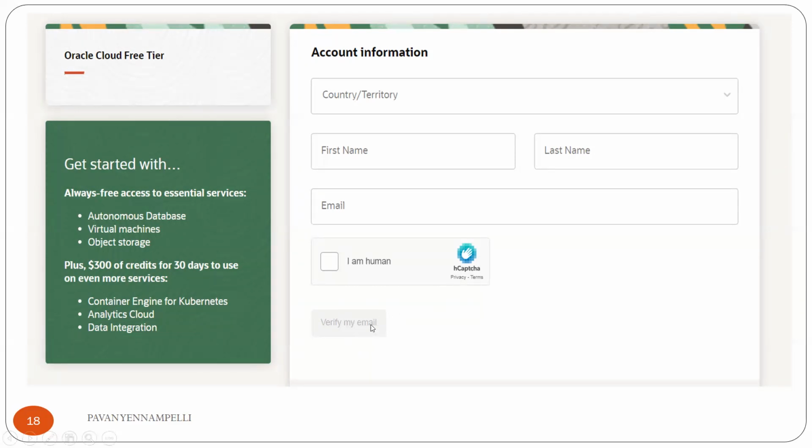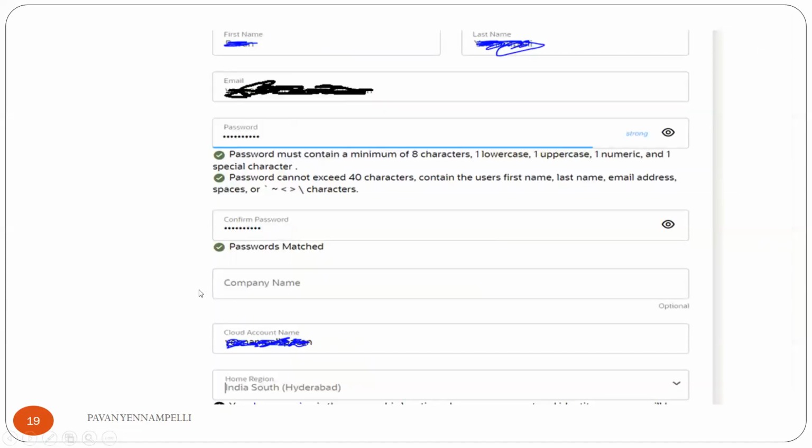When you click on this button, your registered email ID will get an email notification to verify this account email ID. Once you click on that email link, it will open this page. In this page again, it will be auto loaded with your first name, last name, and email ID details.